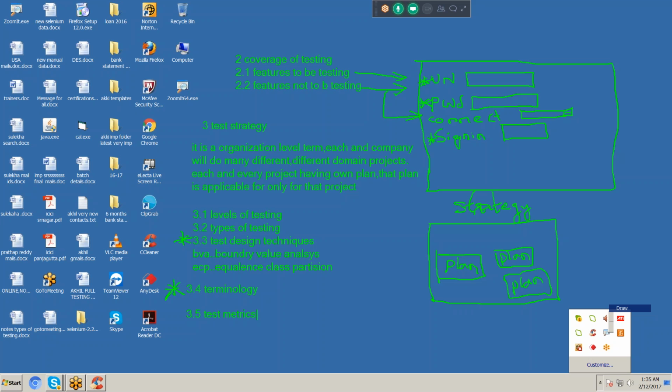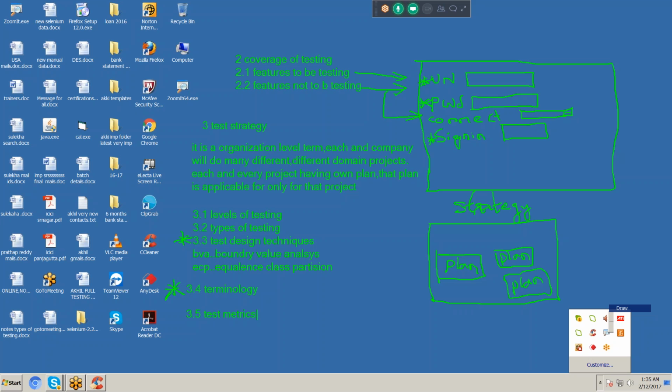Each and every software company will follow its own metrics. What are the metrics we should follow? He will list them out here in this section. That is called test metrics. Metrics means measurements. So there are templates like use case template, test case template, defect profile template, requirement gathering template, traceability matrix template, change request template, test scenario template, and test execution template.